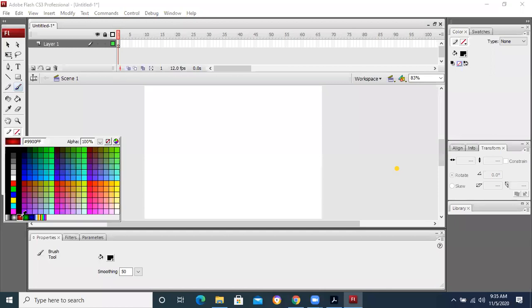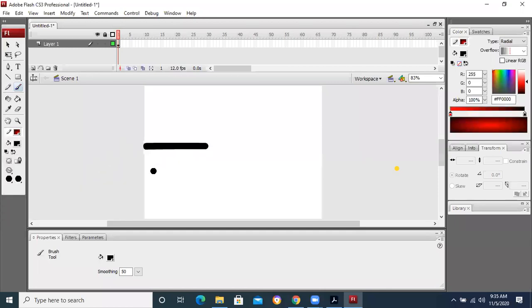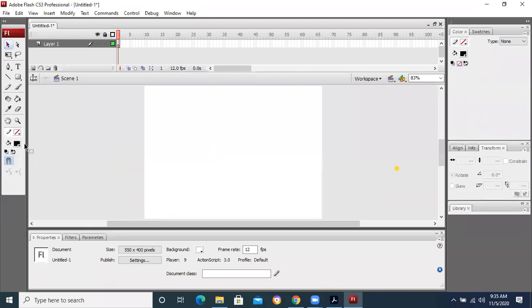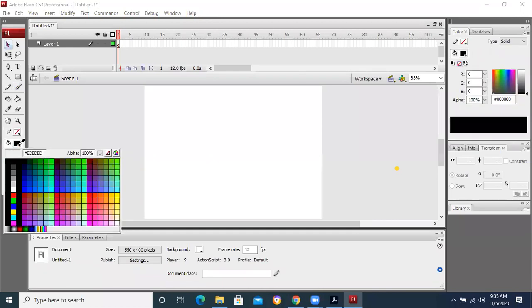If you will take the brush tool with the stroke, what will happen that you might have some problem with it. So normally it is better, because brush tool is only dealing with what? Only dealing with the paint bucket, means fill color. So whatever the color is there that you want to have, you can take any of the color design, and then you can draw the object using brush tool.